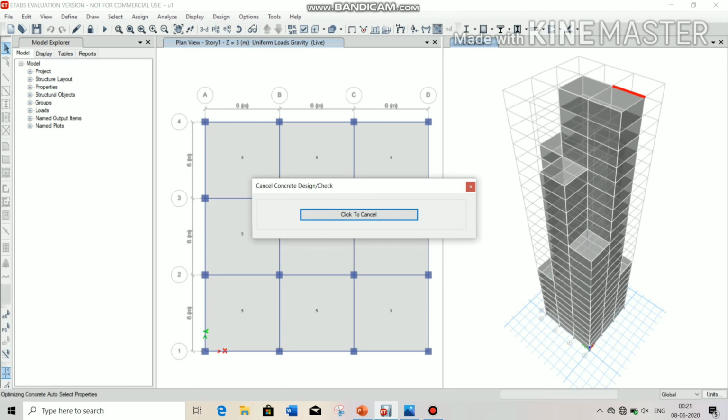Remember one thing, there is no requirement to apply the seismic load and response spectrum loads on your building elements. You have to just define the seismic loads and response spectrum values, which I have already done.